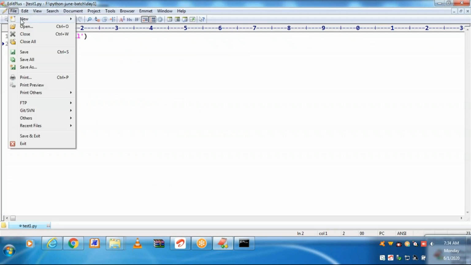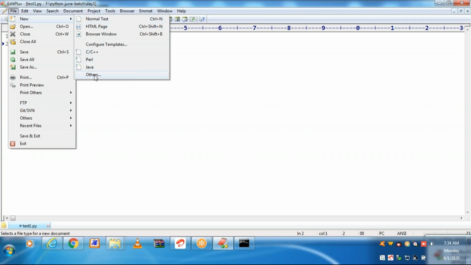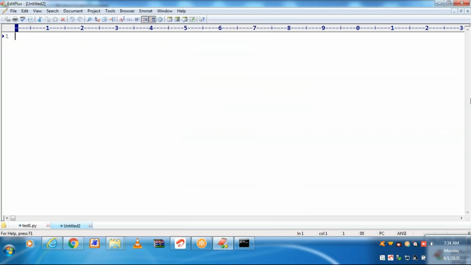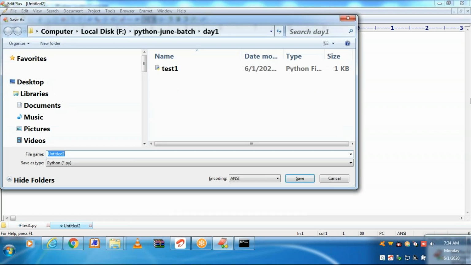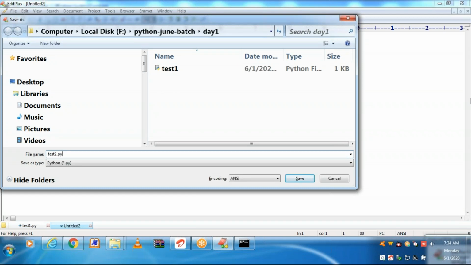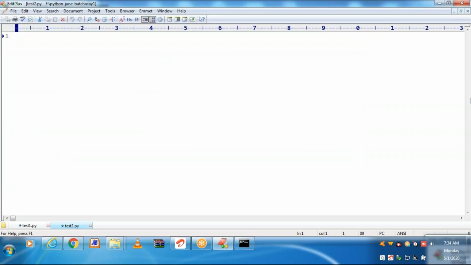Let me develop one more hello one. Go to File, New, Others, Python. Let me save this as test2.py in the same location. Let us see the different types of literals available in Python.